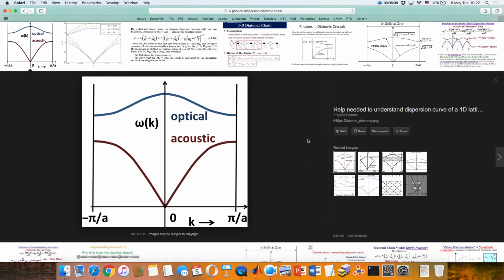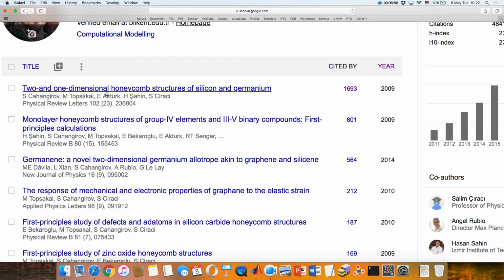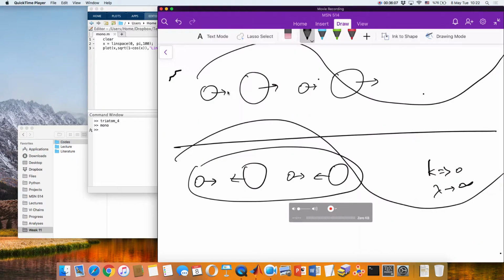I always show you papers with more than 1,000 citations, right? Okay, let me show you another one, and this time it's mine. I want to talk to you about this paper and how these very concepts were used in this paper. If you will allow me, is that okay?